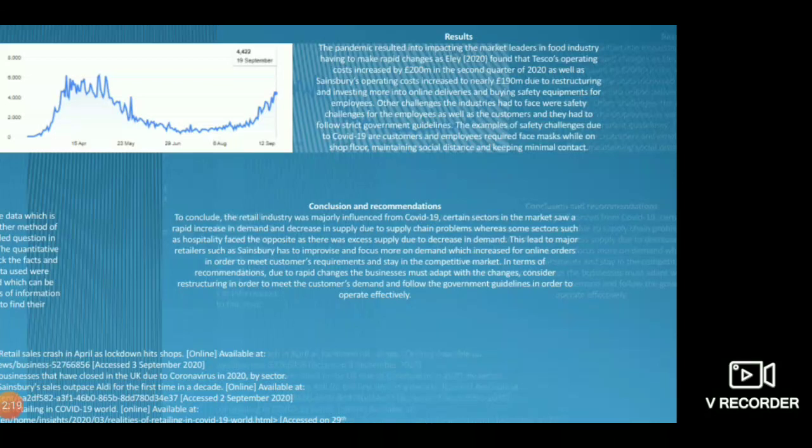The businesses have to be versatile. They have to be able to change with the environment. As we saw in our study, businesses such as Tesco's and Sainsbury's, who were able to adapt in time by going online, where the demand was a lot higher, were able to increase their sales by almost 14% in the month of April. They can also consider restructuring in order to meet the customers' demand and follow government guidelines in order